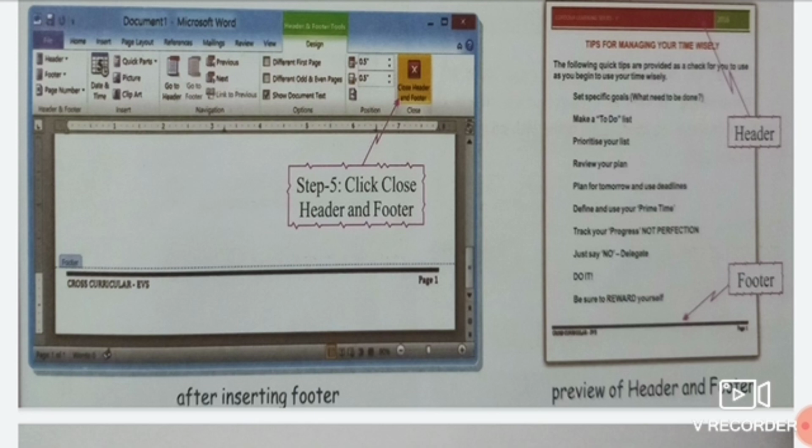You can see the bottom of the page, and here it will show the page number, because we want to mention the page number on the footer part. Okay, and write the chapter and the subject also with it. It's up to you what matter you want to show on the footer or header. So you can see the header and footer in this picture.